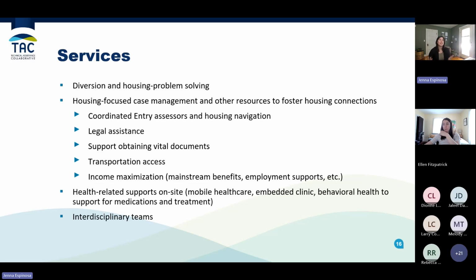So coordinated entry assessors and housing navigation, legal assistance, helping folks obtain vital documents, transportation access, income maximization, all of the services that you typically hear about in shelters that are very housing focused have also shown to support this low barrier shelter model as well, because it is helping people move on to permanent housing and not have to stay in that type of environment long term. And because it aligns with the Housing First model,